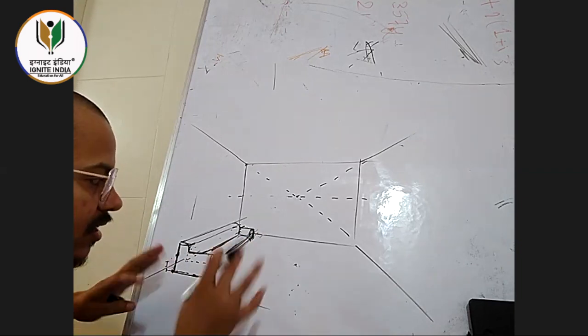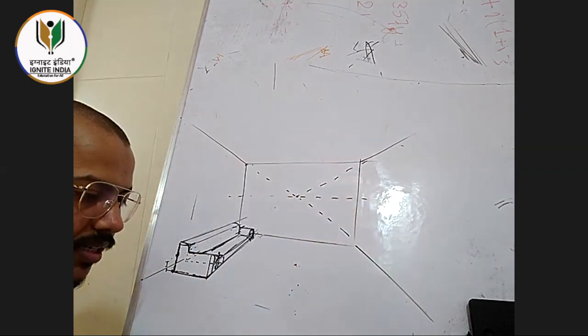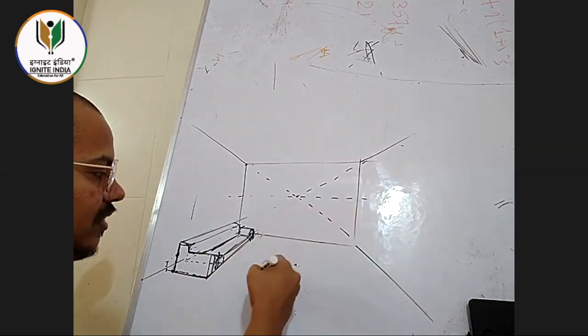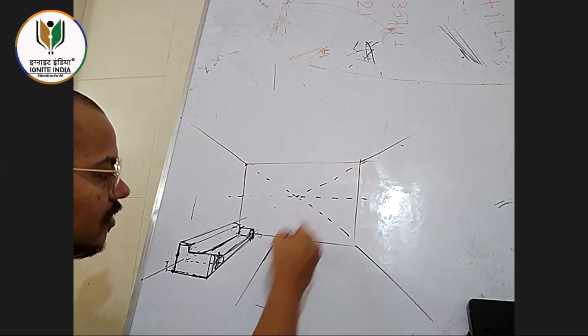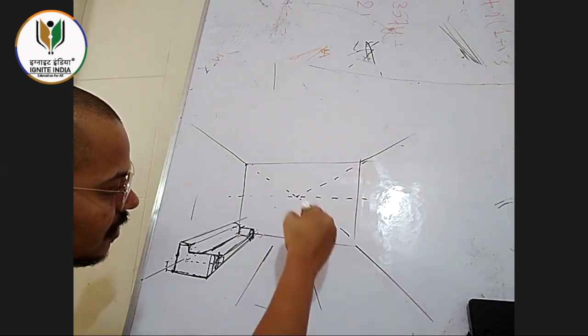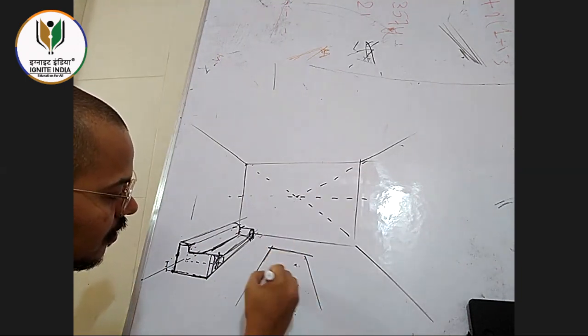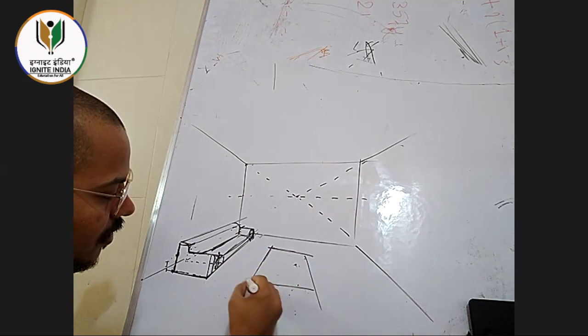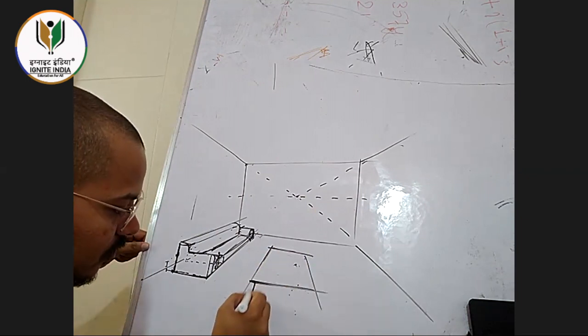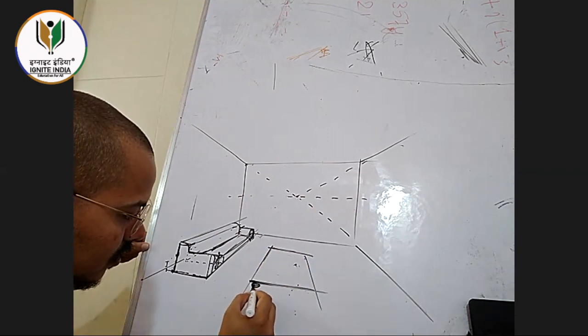Right? Similarly, you can create any kind of object inside that. You can create a bed, you can create a center table, keeping that same line. Feel like this is going there. The height is going to be straight now. Height has to be straight.